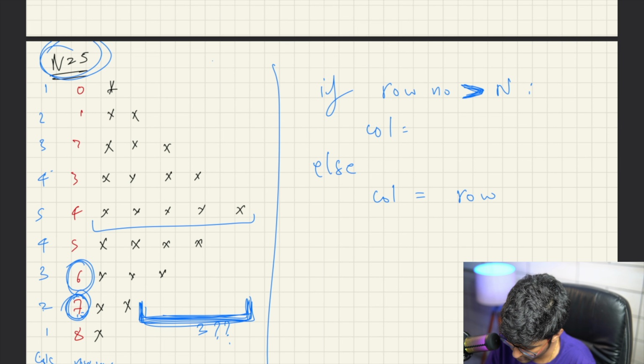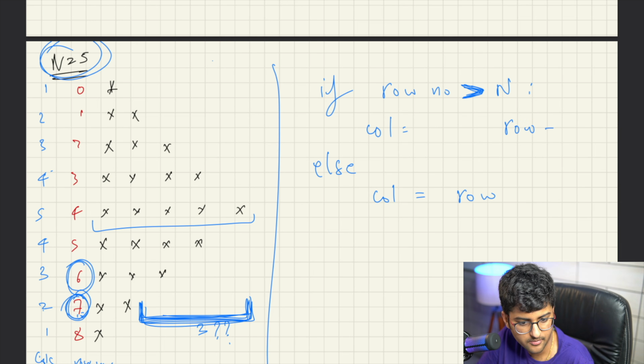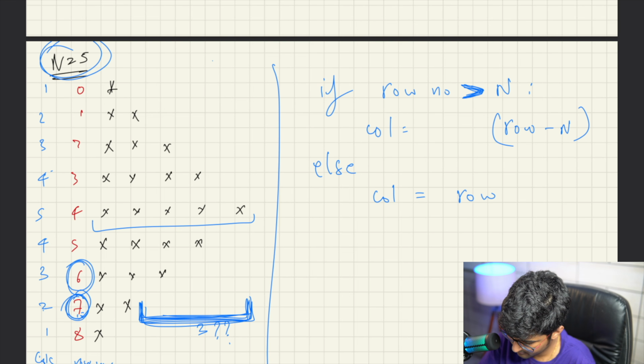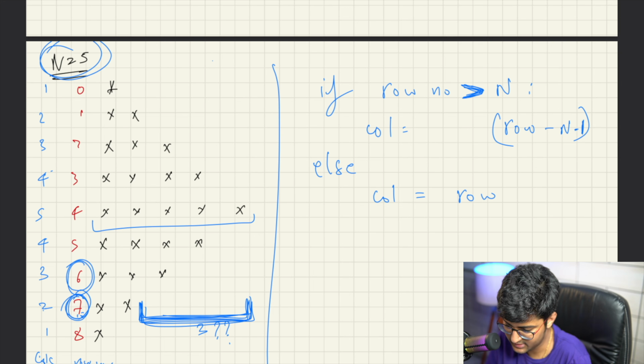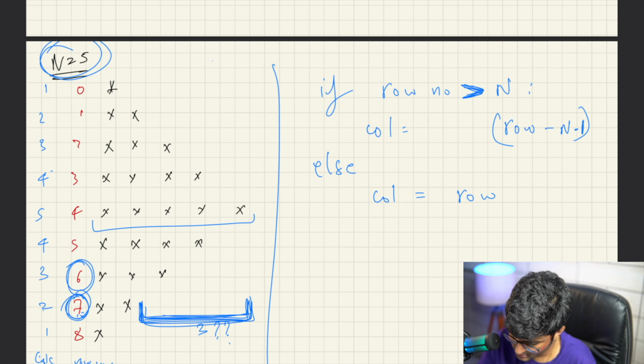These are the ones that I need to ignore. So this is going to be row minus n, minus 1, no problem. Sorry, row minus n plus 1. So 7 minus 5, which is 2, plus 1, 3. This is what I need to remove.